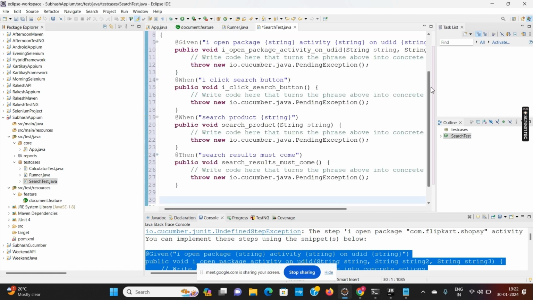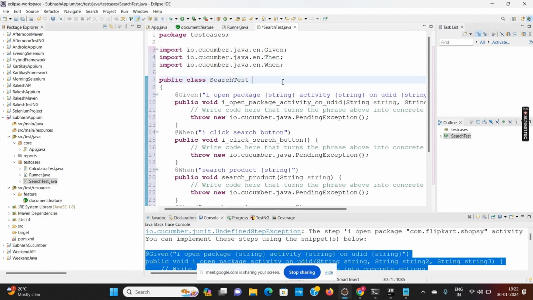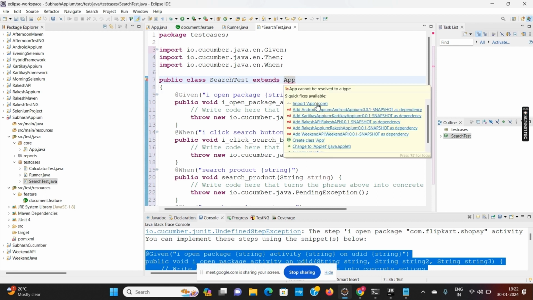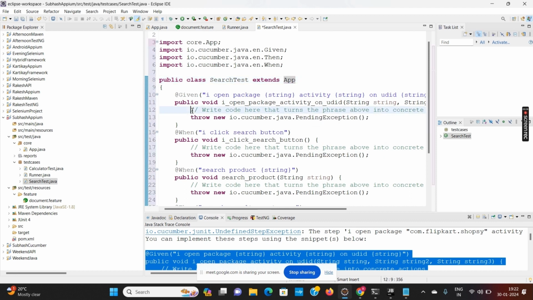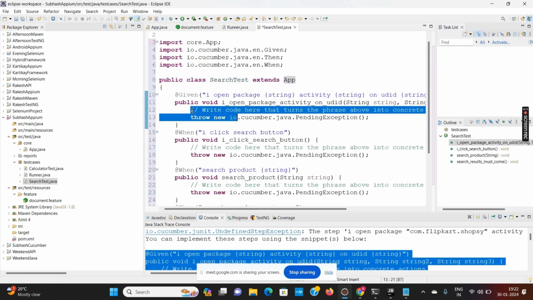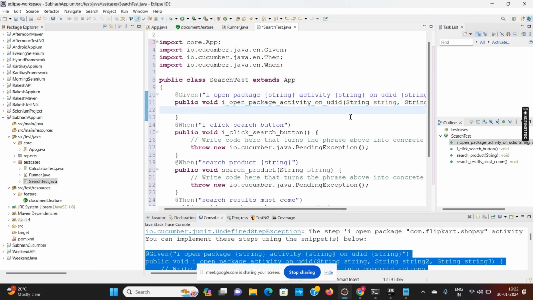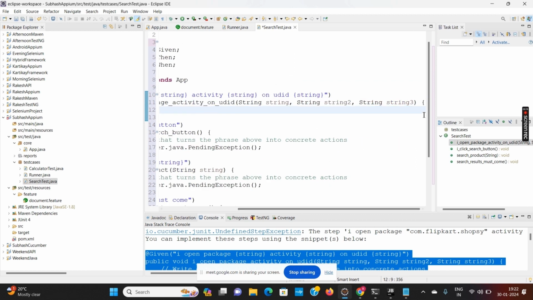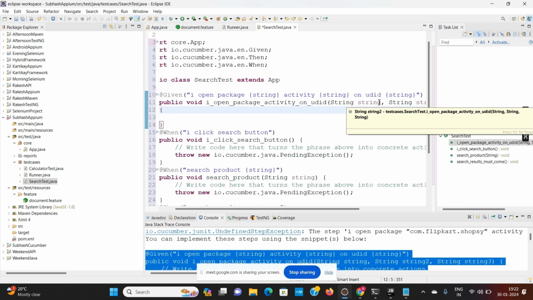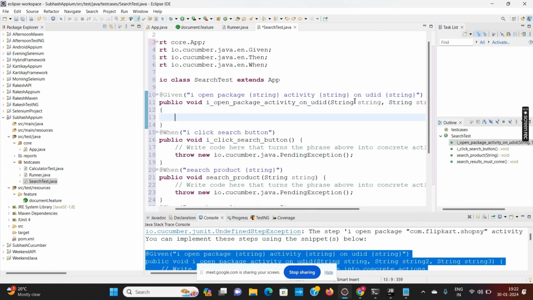Control Shift O. Same extends, like you are extending Page, extends App. Same launchApp which we have already created.